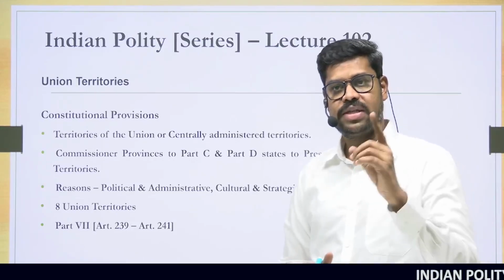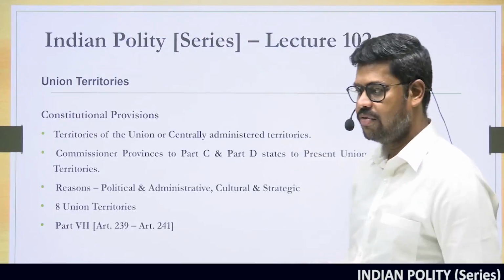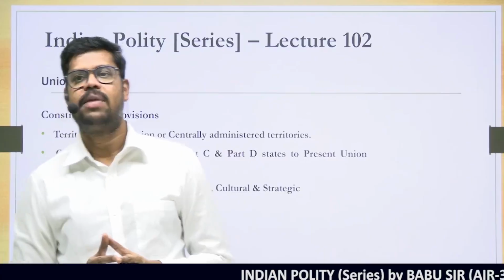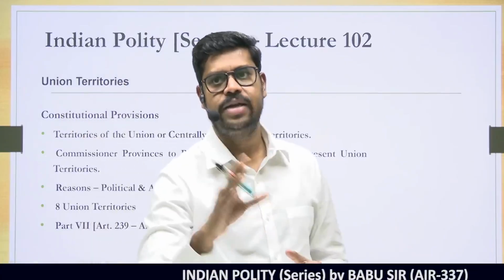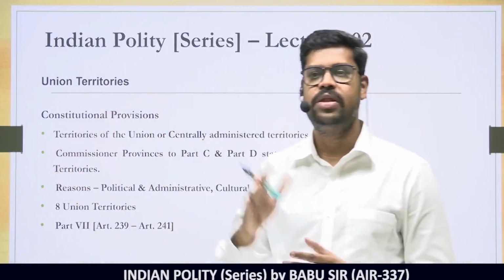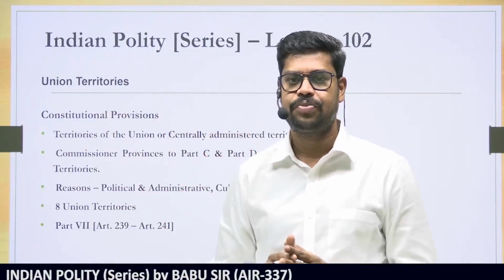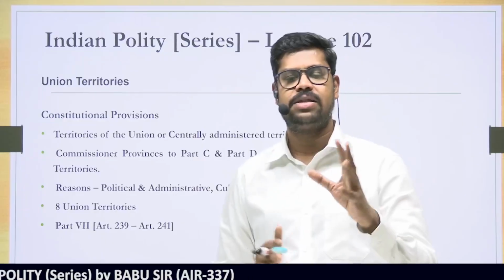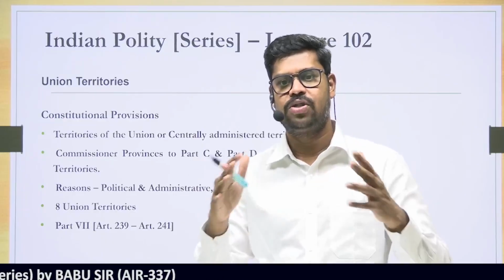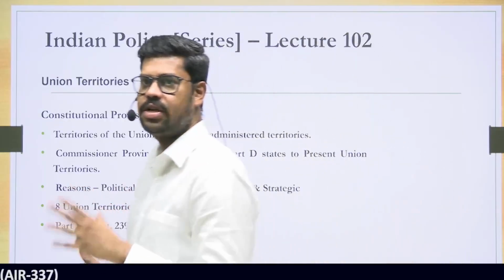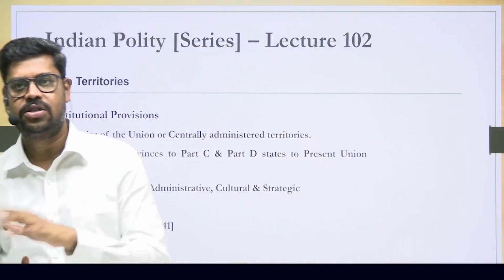It was the 7th Constitutional Amendment Act in 1956 which made some changes in the constitution, and thereby led to the creation of 14 states and 6 union territories. All these things are done largely on the basis of Article 3 of the Constitution. I have already explained in detail about Article 3 of the Constitution, based on which the internal reorganization can be done. So based on this, this internal reorganization has been done.